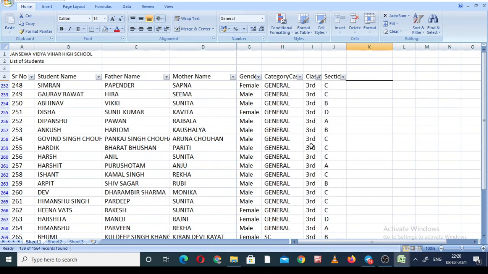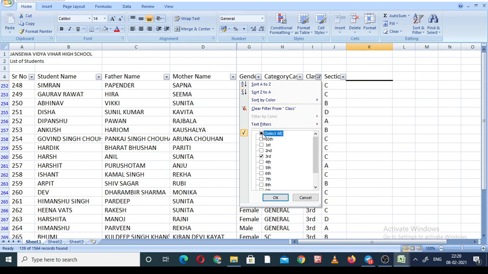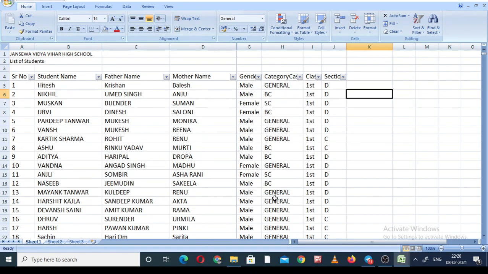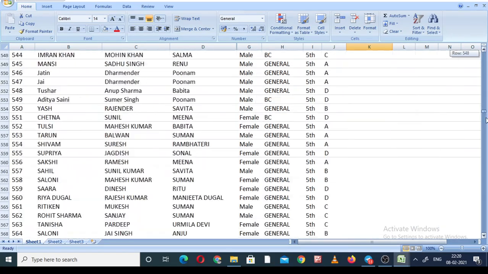Okay, so now class 3rd, all sections, all four sections A, B, C, and D. Again we go to class, and we select all classes LKG to class 10th, and okay. So now there is the list of all 1700 students. See this one.